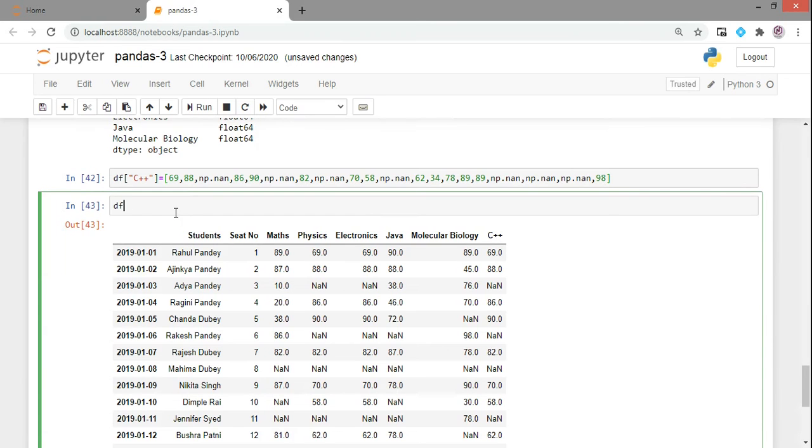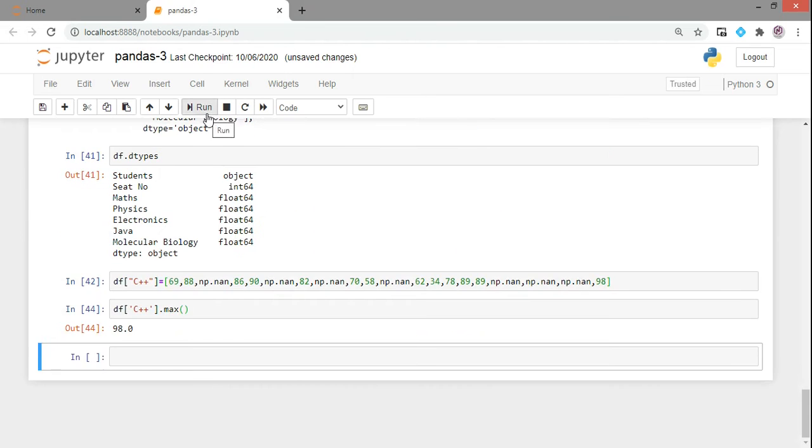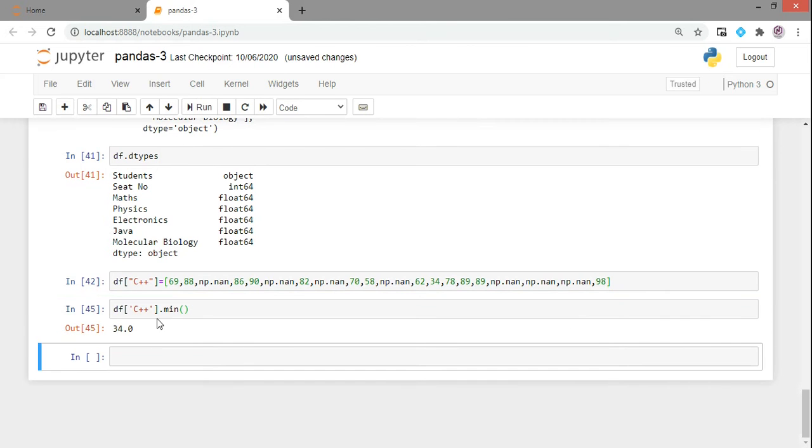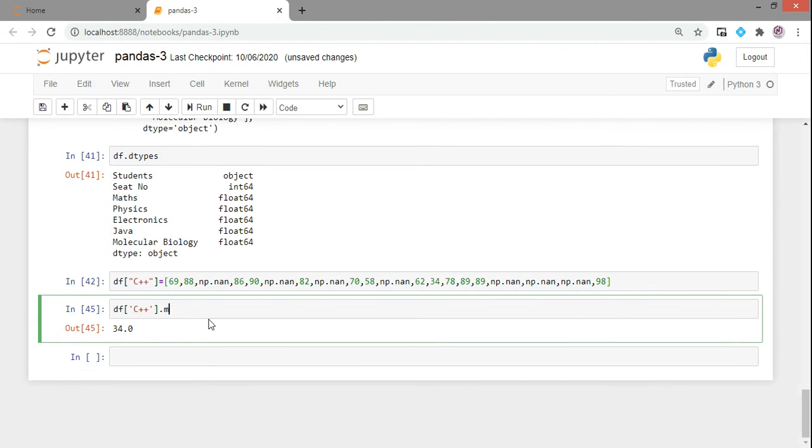Now if you want to derive some information from a particular column or pandas series, like here, the C++ maximum value I'm trying to get from that particular column, so I'm getting 98. Then you can find the minimum of those, which is 34. Then you can also find the mean of all those values, the arithmetic mean or average, you can say